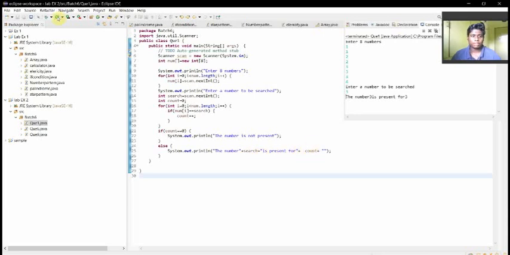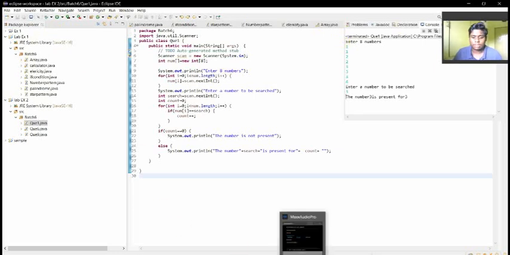Now we're going to execute it. Here I am giving the 8 numbers, that is 1 1 2 2 3 3 3 4. Here I gave the 8 numbers: 2 ones, 2 twos, 3 threes, and 1 four. Now I'm going to check the count of 3. Here you can see that the number 3 is present 3 times. Hence the code is successful.